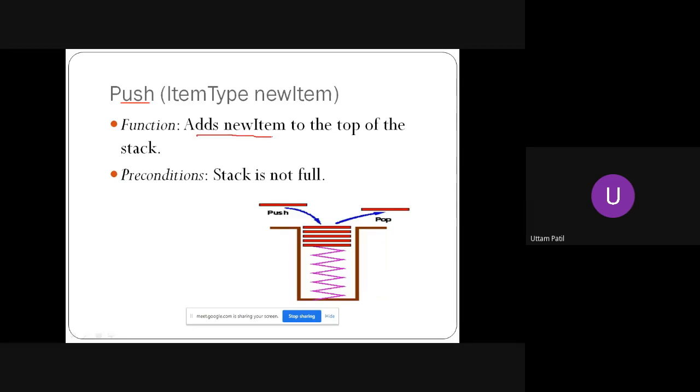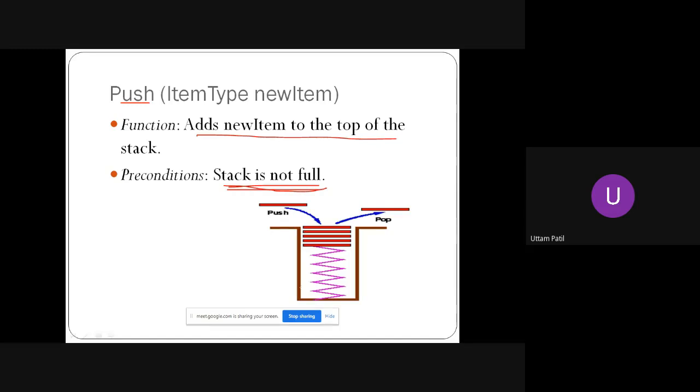It is going to add a new item to the top of the stack. And what is the precondition here? I should check if it is not full. Only if it is not full can I insert something. So whoever answered is right. Only if it is not full, I can push some element.